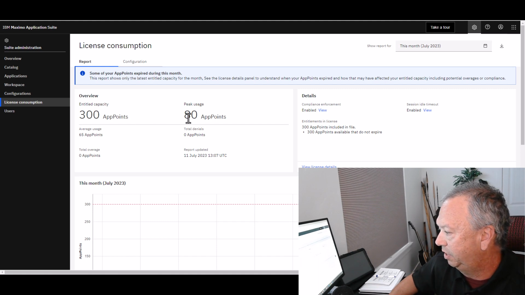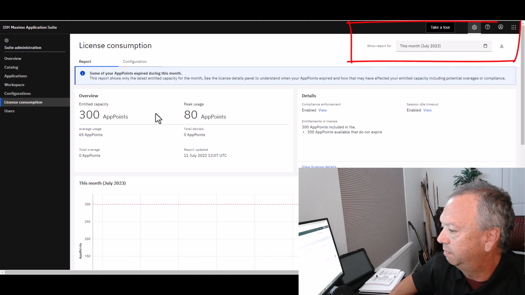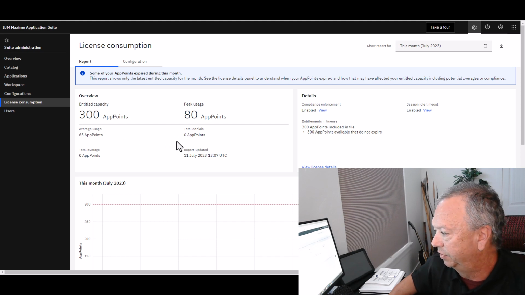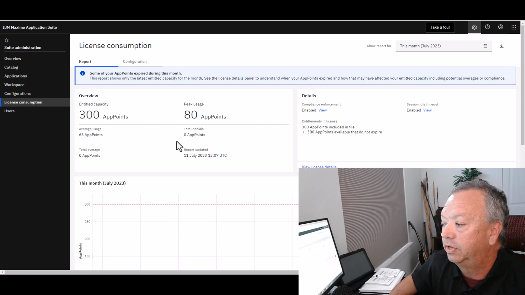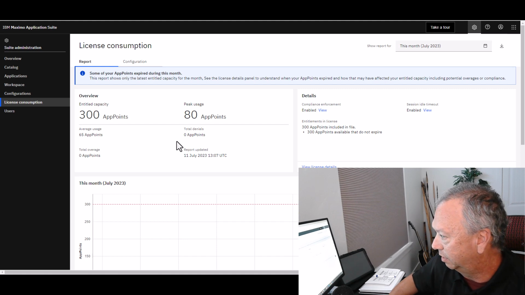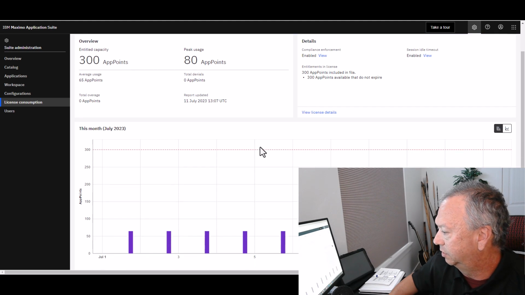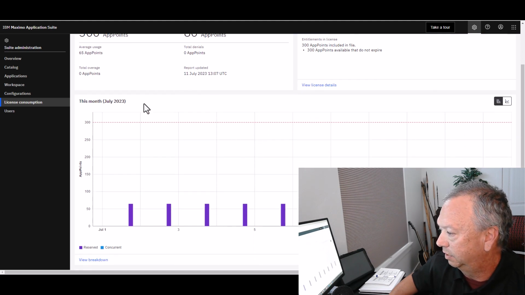I can see my peak usage over the last period of time. I can see the average usage as well. And I can certainly see whether anybody had been denied logging in. By default, the system is set up so that if your pool of AppPoints is drained, then users will not be able to log in, with the exceptions of the admins because they have reserved AppPoints like we talked about earlier. If you scroll down here just a little bit, you can see the chart, and it comes up initially